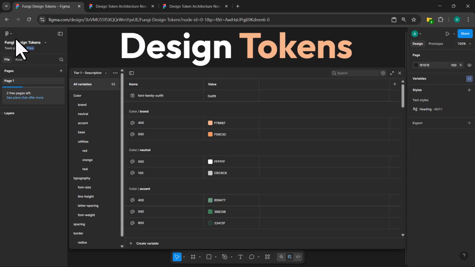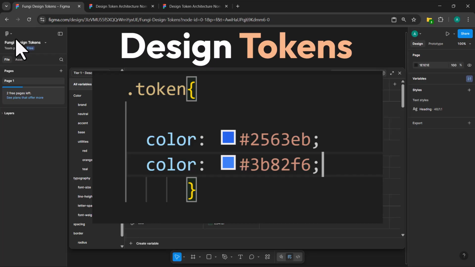But here's what happens next. The client wants to rebrand. The designer updates the colors in Figma, but now you are stuck manually updating dozens of CSS variables across your builder. There is no connection between the design source and your development environment. Even worse, if you are working with a team, everyone's creating their own interpretation of the brand colors. One developer uses 2563EB for primary blue, another uses maybe 3B82F6. Your design system fragments before it even begins.